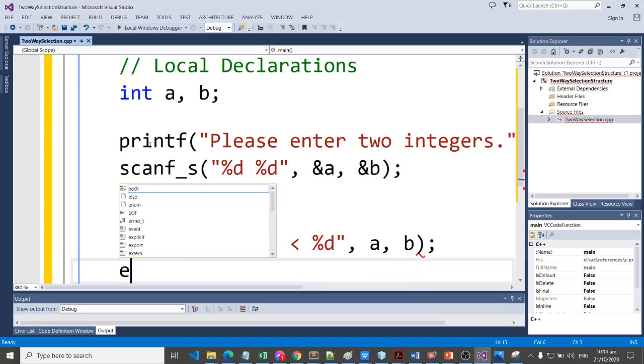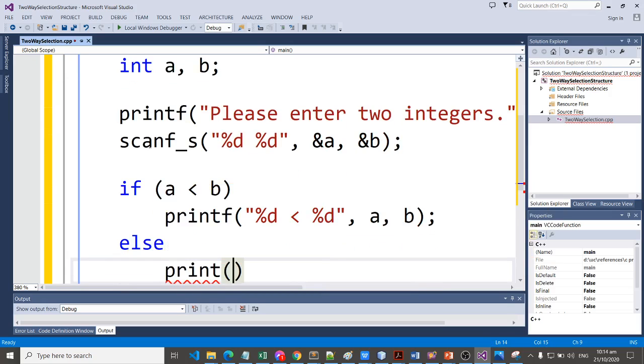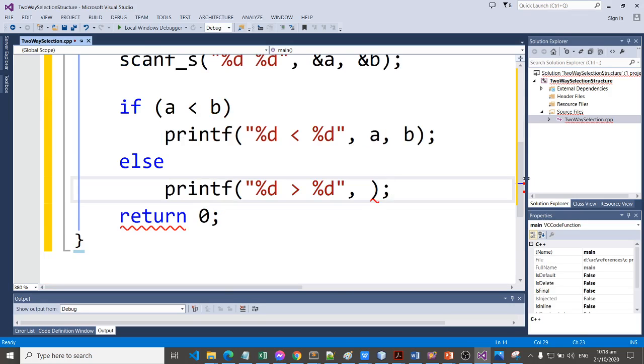Else we need to print the other one, that is %d, the value of a which is greater than b. Now if the expression a is less than b is false, this will be executed, that a is greater than b.